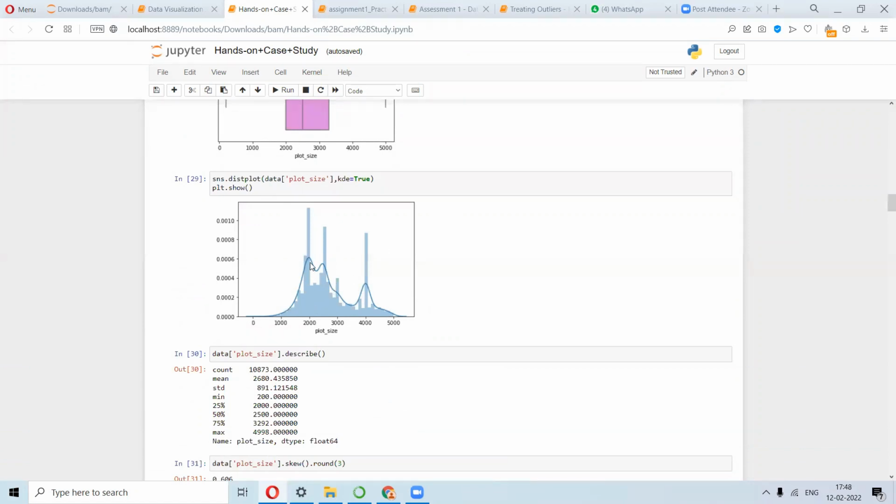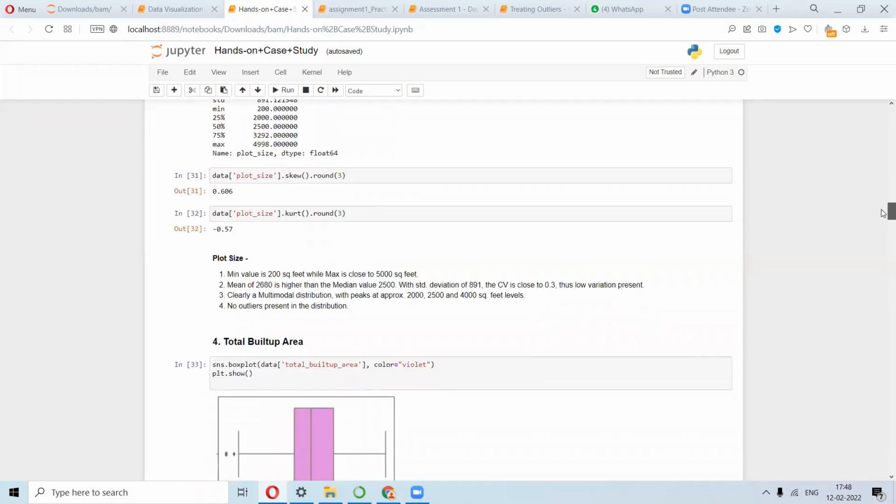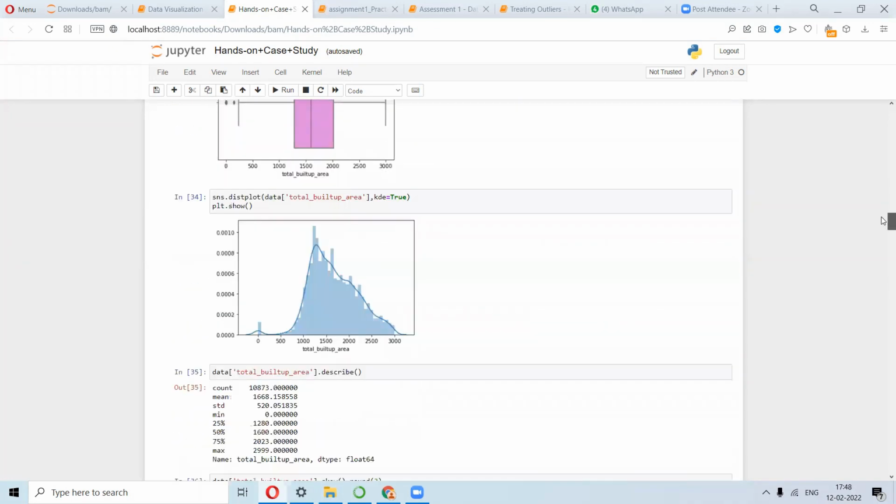So you have most of the plot size around here and also here. So the demand for bigger plots is there, and not too small plots is also there. So you can look up to this with this analogy. Okay, so next, yeah, this is a build-up area. So again, you can see some sort of a skewness associated with it.